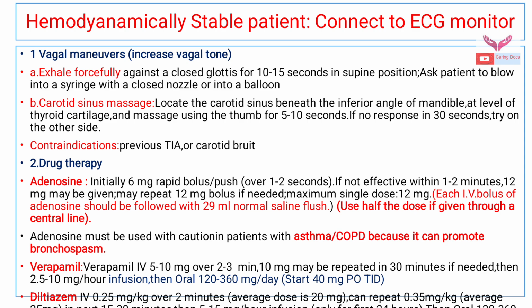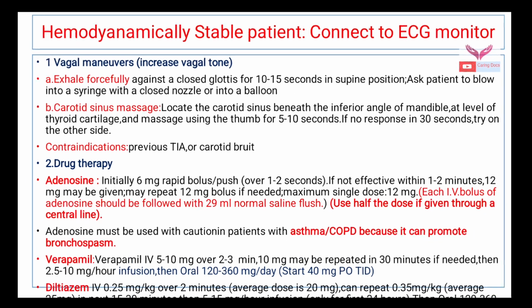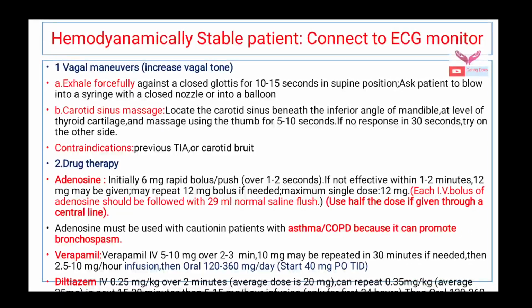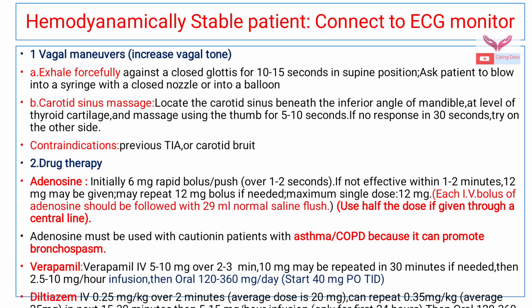Similarly, the dose of verapamil is given as IV 5 to 10 milligram over 2 to 3 minutes. 10 milligram may be repeated in 30 minutes if needed. Then 2.5 to 10 milligram per hour infusion can be given. And similarly, thereafter we can use oral, like 120 to 360 milligram per day, and the starting dose is 40